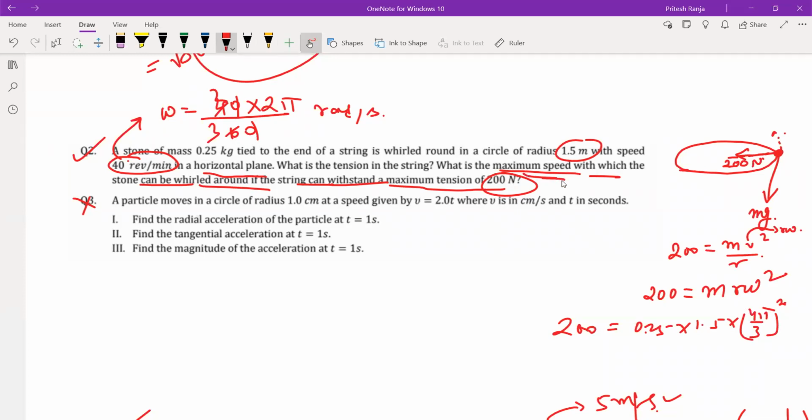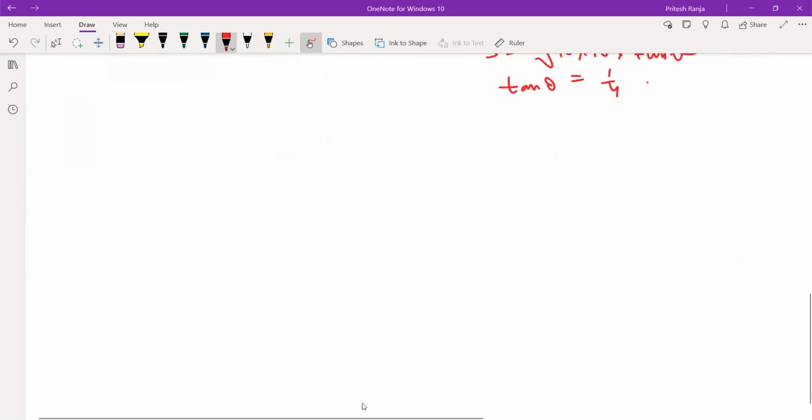Okay, we have to find the maximum speed with which the stone can be whirled around the string. So okay, we can find v from here only. Here we will substitute, and we will get the value of v. All right, we'll move to the next section, level 2, not 3. So here we will do the selected questions. Although this contains a lot of questions,